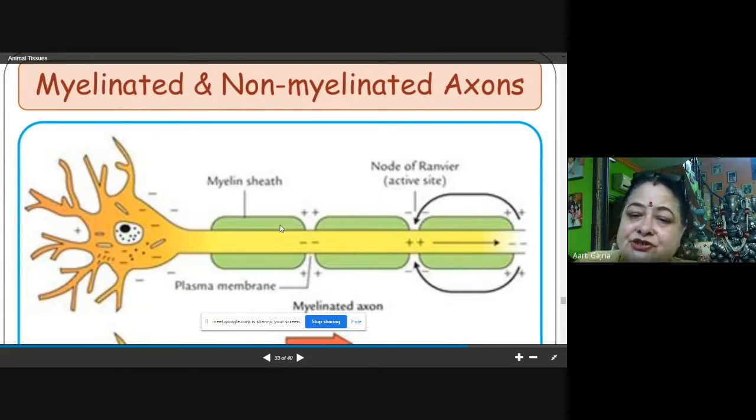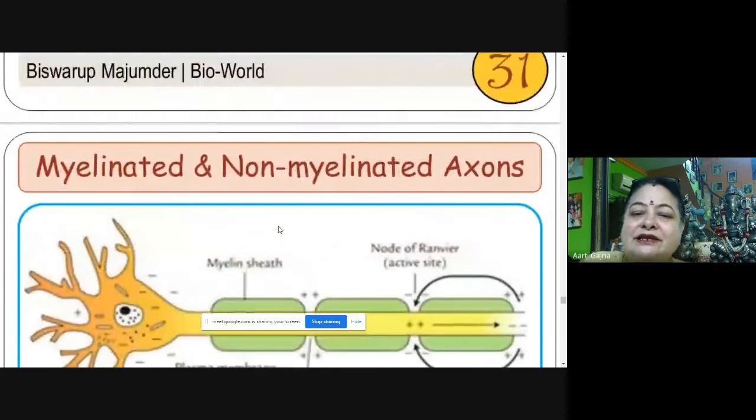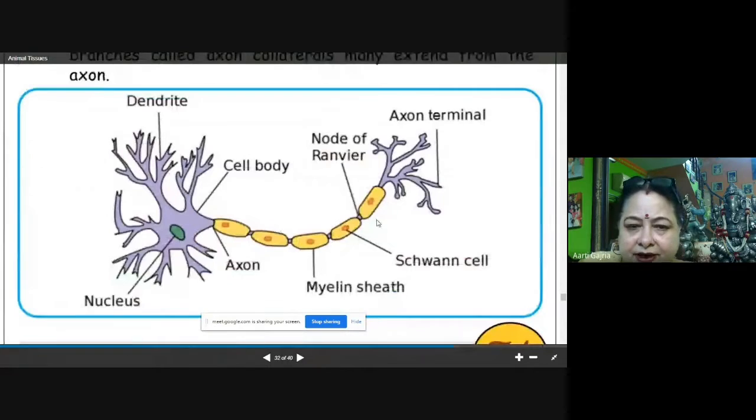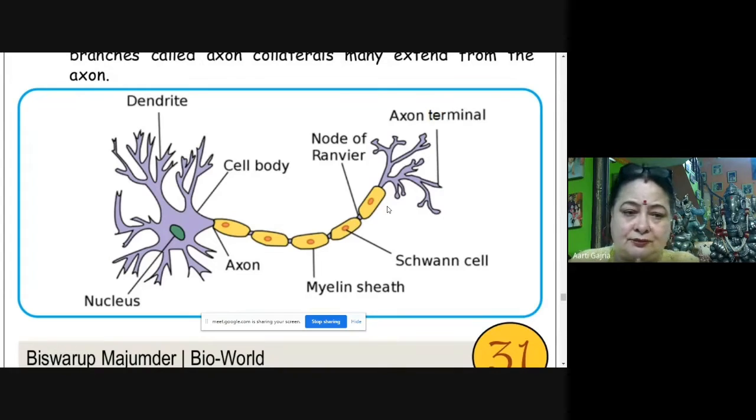And if the sheet is not there, then the axon is called non-myelinated axon. So this is the covering, the sheet which is there, and these are the axon terminals. So this is the simple and basic structure of a single neuron. And all these neurons are connected to each other. Connected means not joining hand to hand, but there is some gap between these nerves that is called synapse. So through the synapse, the neurotransmitter chemicals are released and they are helping in the conduction of the nerve impulse.